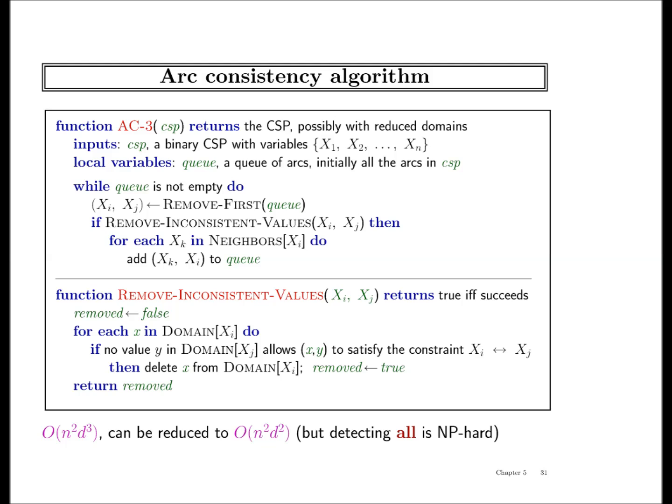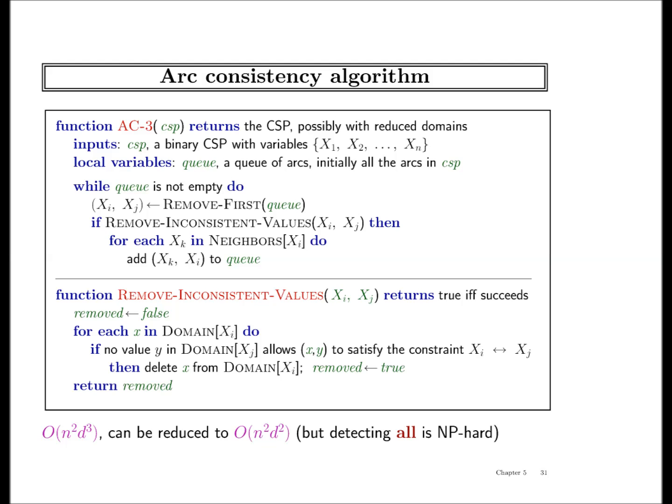It's not really n, it's c, the number of constraints. That is correct. So in the worst case we can have c squared times d, that's the number of times you can add, and you take d squared every time, so the total is c d cube. C d cube is the same as n squared d cube. Basically we are saying that in the worst case the number of binary constraints is order n squared. But you are right.